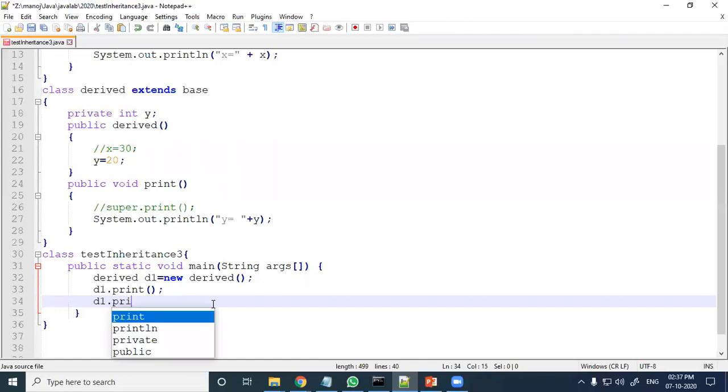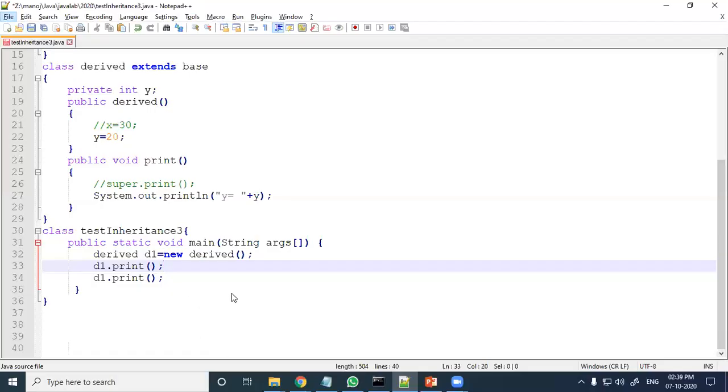Now in the main function, if I call the print function, which function will be called? Let us see what the answer will be.